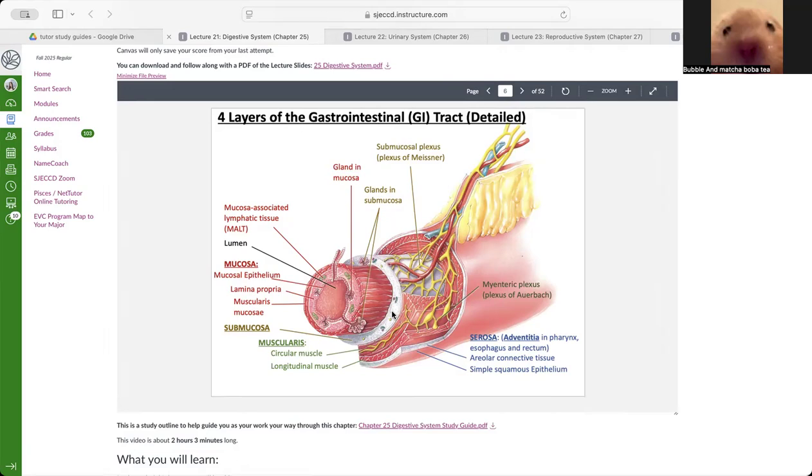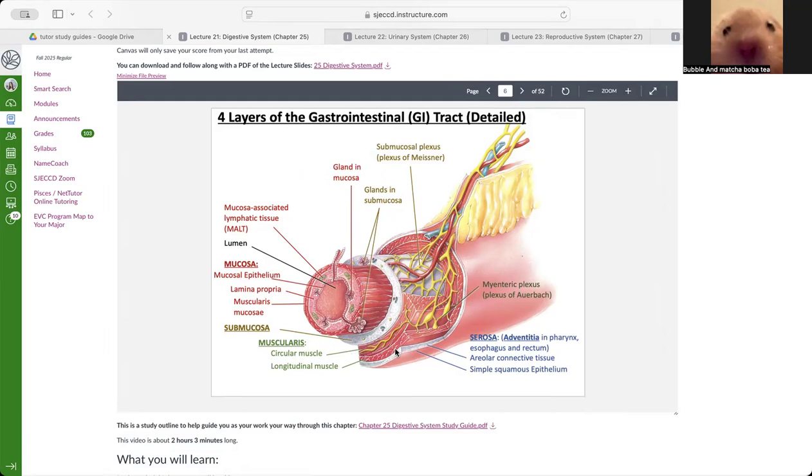The lower half and esophagus, all the way down to the last portion of the anal canal. So the GI tract is made up of two layers. Let me show you. The muscularis right here, and then two layers, is more nerves called the myenteric plexus, and the plexus's job is to regulate the movement of substances